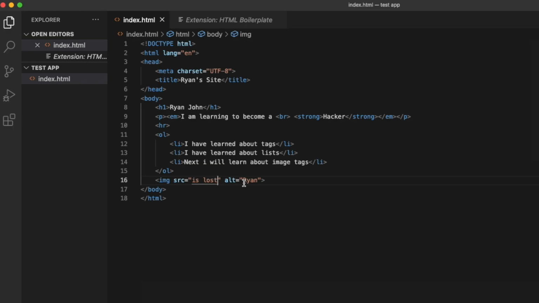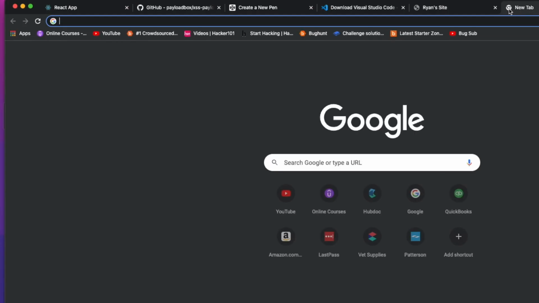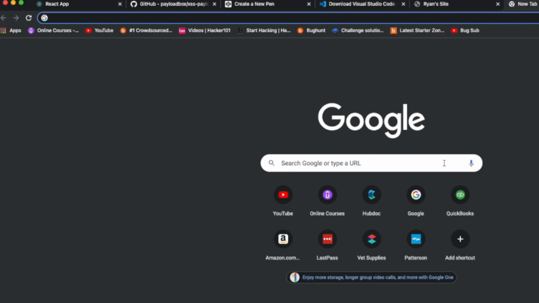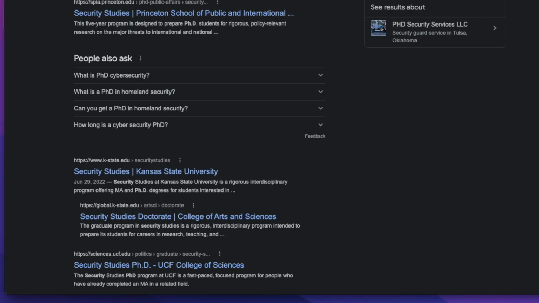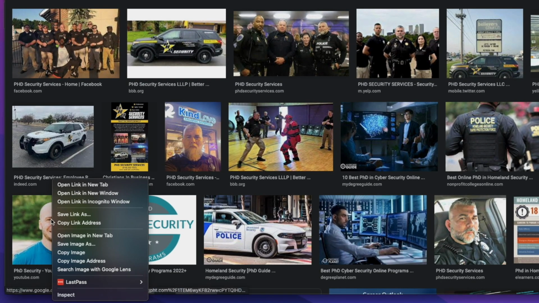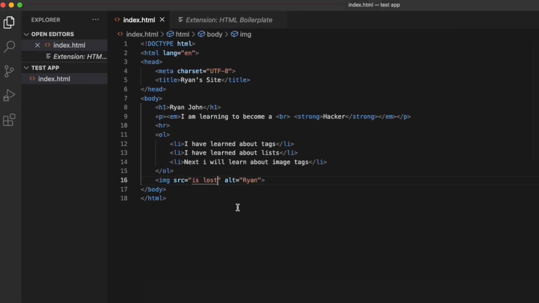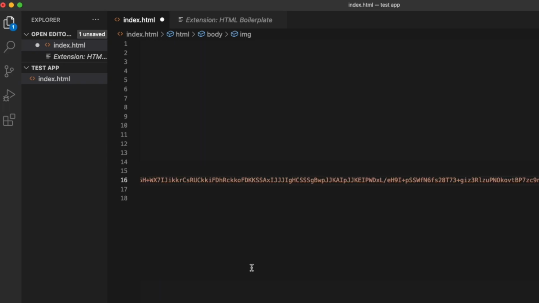But if we go out to, say, Google and we type in who am I, and we type in PhD security, and then we go to images, here I am right here, and we can copy the image address right here. Make sure that's right. And if we paste this in here and then we save this huge link,